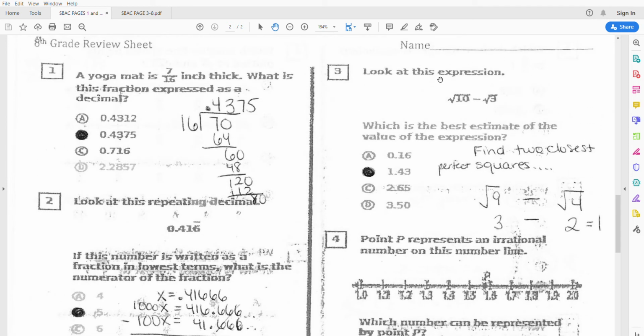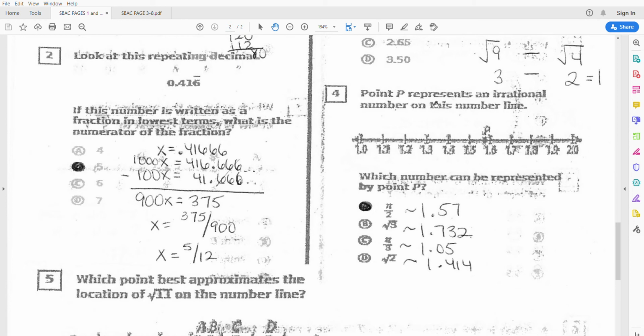Number 3, look at this expression: square root of 10 minus the square root of 3. Which is the best estimate of the value of the expression? So you want to find the two closest perfect squares, which is the square root of 9 and the square root of 4. So you know the square root of 10 is 3 point something, the square root of 3 is 1 point something, but it can round up to 2. When you subtract 3 minus 2, you get 1. So therefore, you know that the closest estimate is going to be around 1. 0.16 is too low. 2.65 is too high. So it's got to be